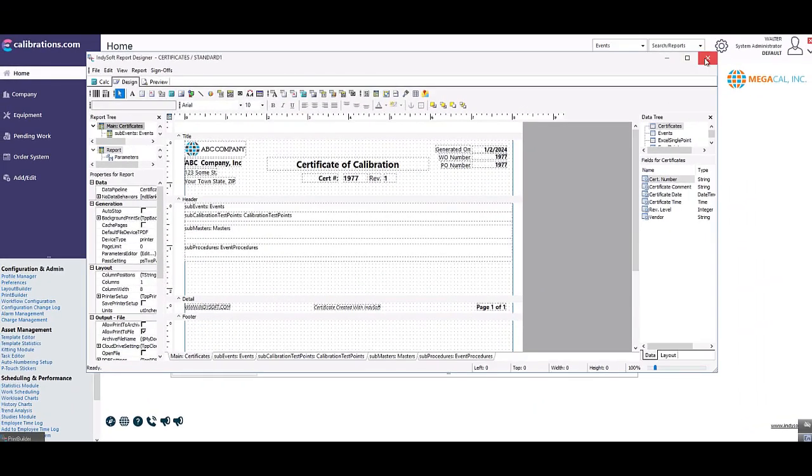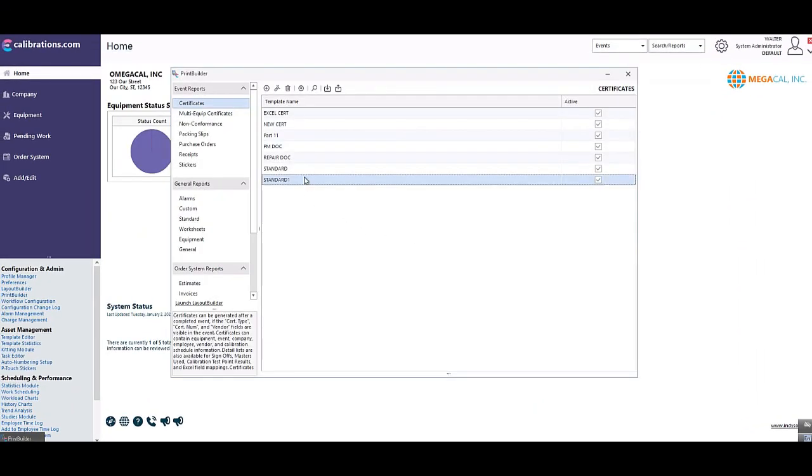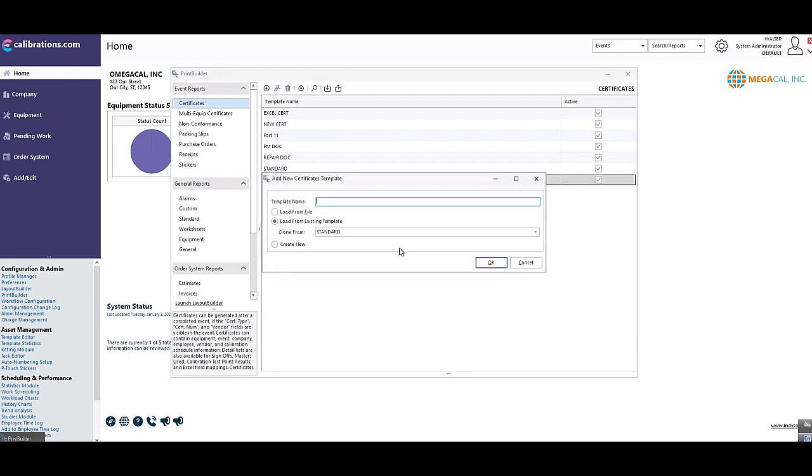I'm going to close out of this. And now what I want to do is make a copy of the standard cert and give it a new name. And I will do that by creating a new template. And I'm going to give it a new name, Part 11 Test. And I'm cloning from